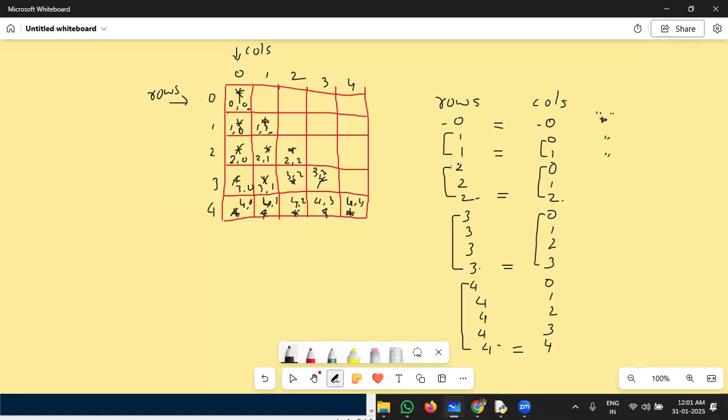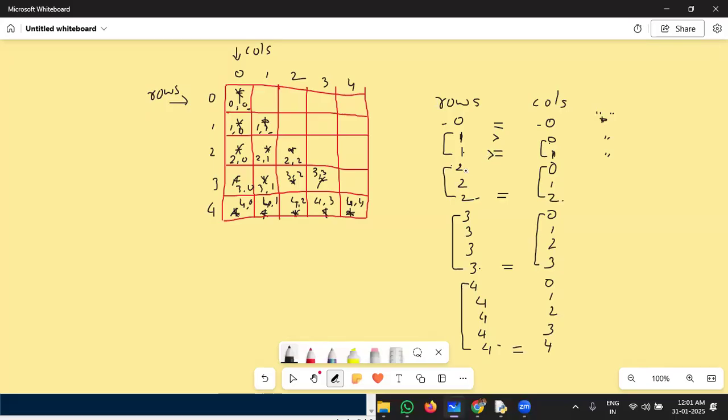Now there is another thing, but what I notice over here is that the value of my row is greater than or equal to the value of my column. It is only then I'm printing, isn't it? So you see this, the value of my row is 1, the value of the column is 0, so row value is greater than 1, and over here row value is 1, column value is 1, which is